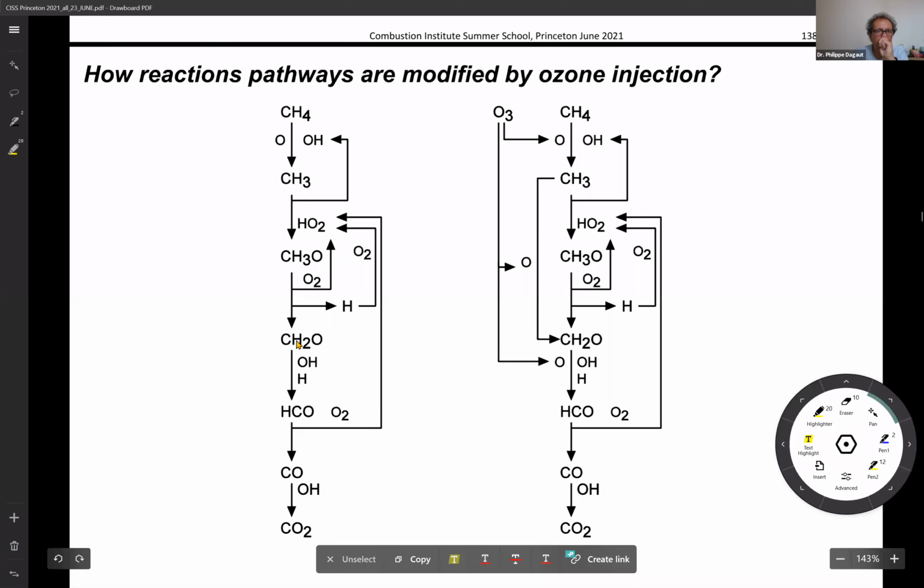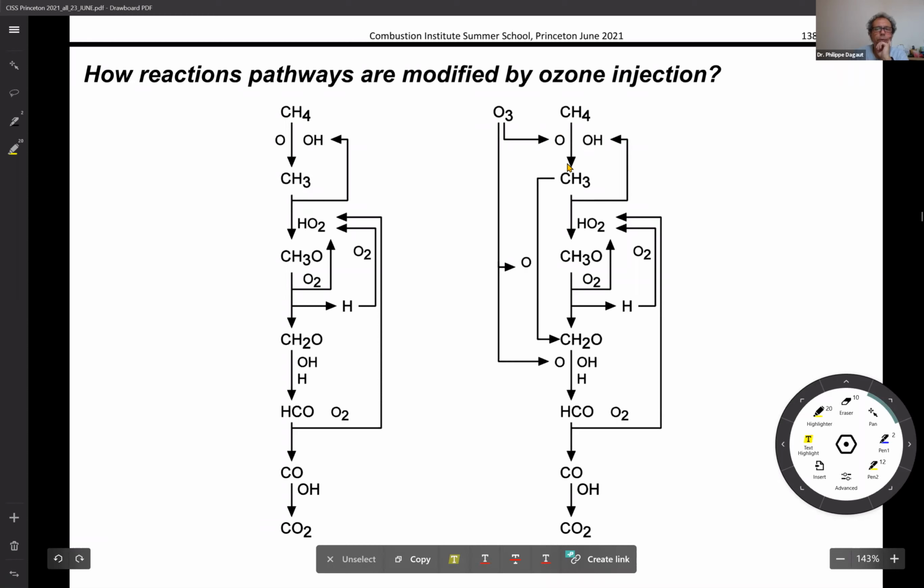And formaldehyde reacts with OH and H to form HCO, which can react with O2 to produce HO2 on one side and CO on the other side, and CO is oxidized by OH to produce CO2. When ozone is present in the system, it will readily decompose and produce an O atom, so it will increase the fraction of oxygen atoms here, but